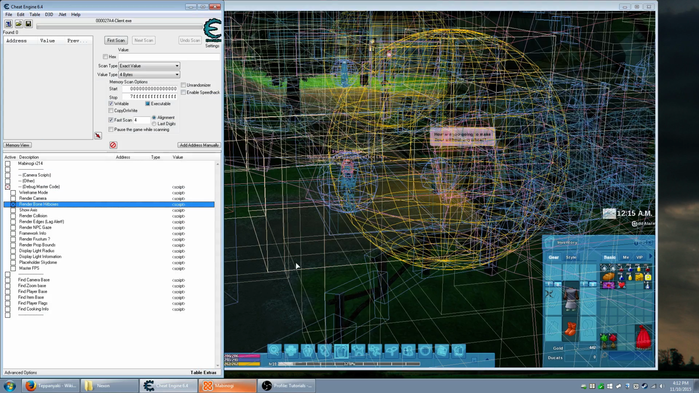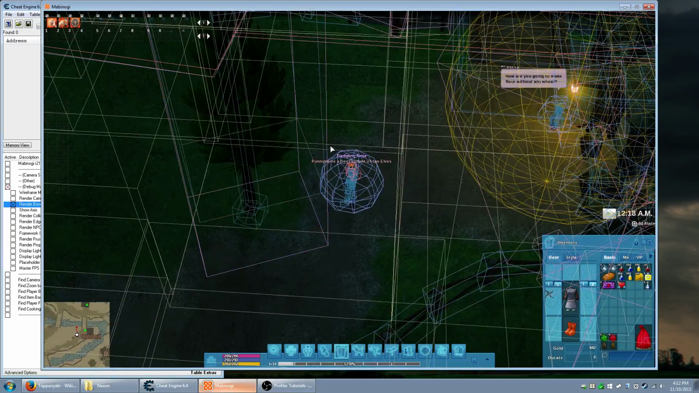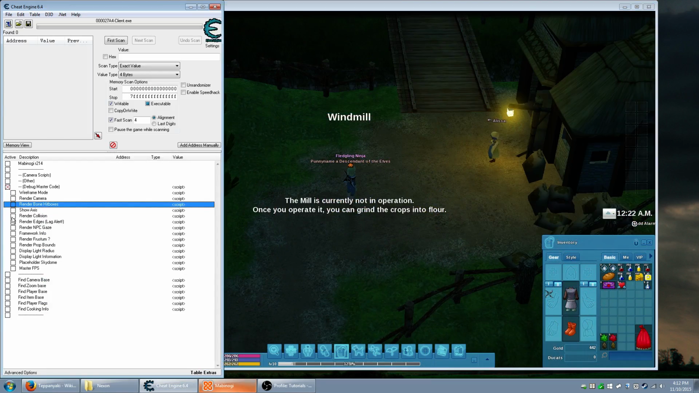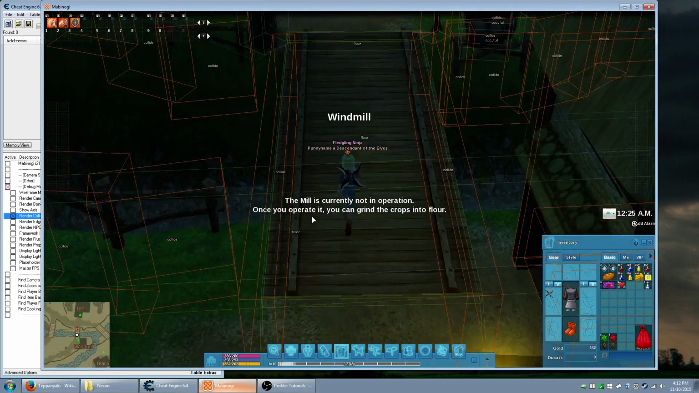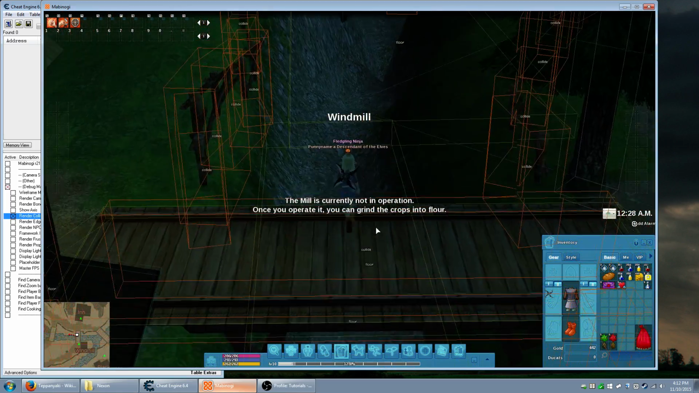Let's see. Render bound hitboxes can be used to see some additional data, like mouse over versus clickable areas and things like that. Let's see. Render collision shows the collision boxes for things. So you can see here's the collision boxes on the left and right to prevent me from going off of